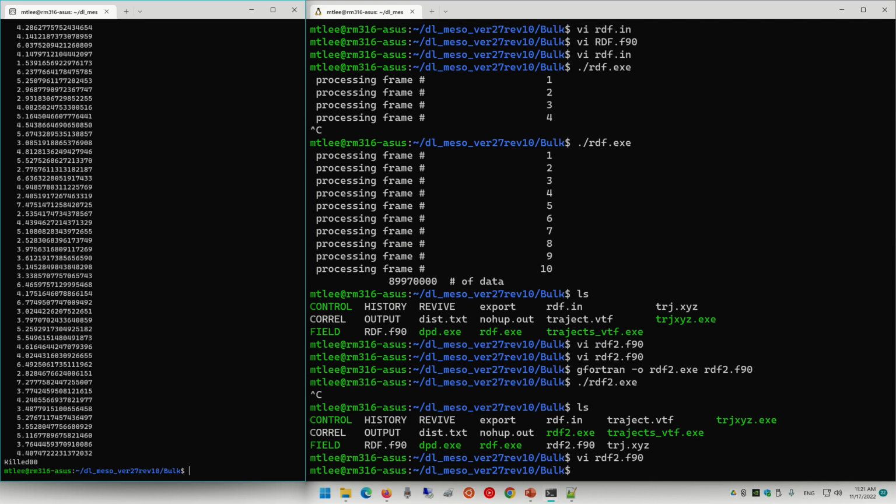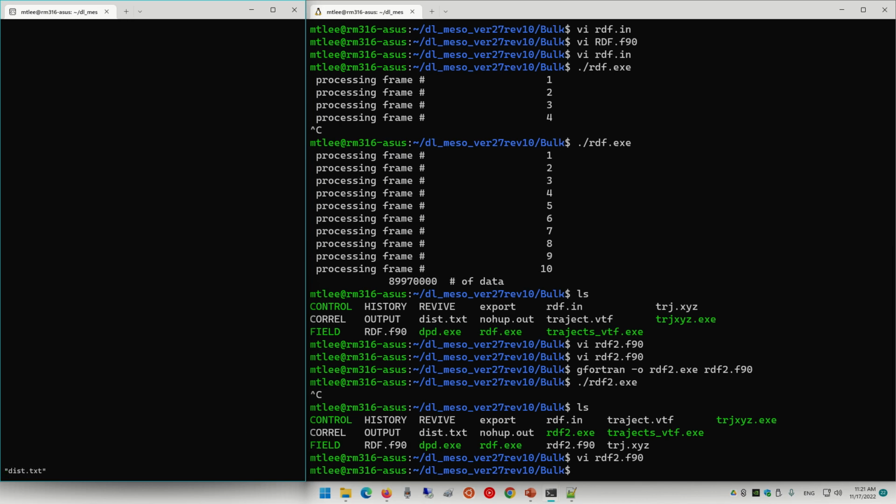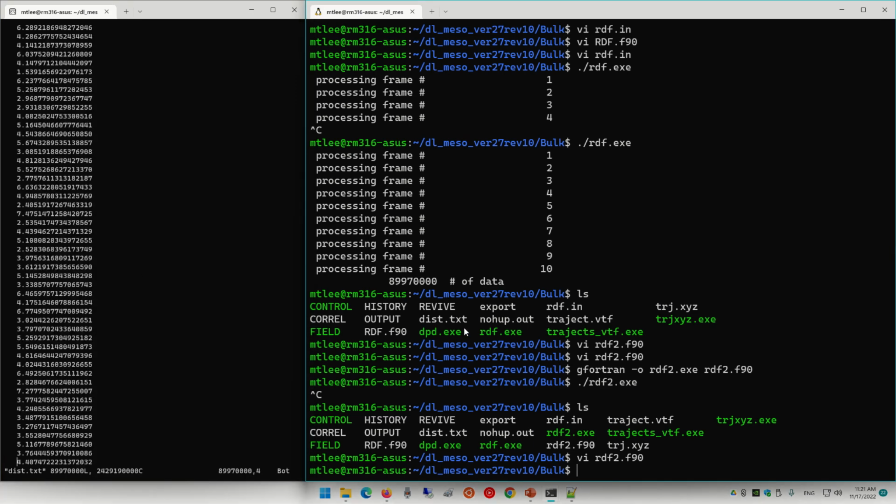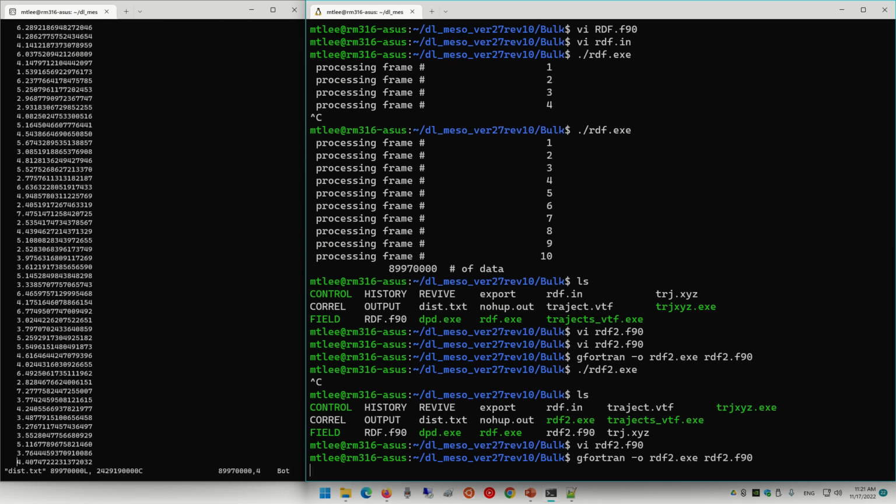Oh, it's dying. Okay, this is the data is too huge to deal with still. Let's just try running the simulation, or running the program and see whether that can process. Okay. Okay, let's close this.